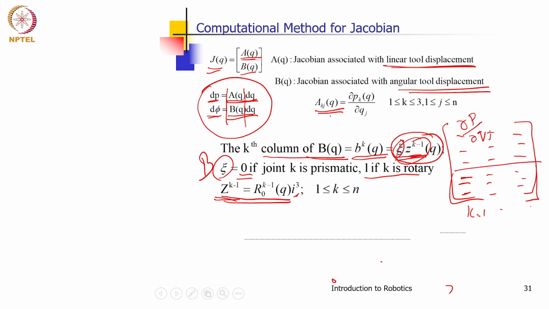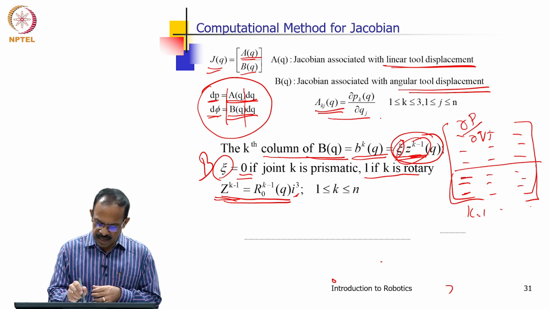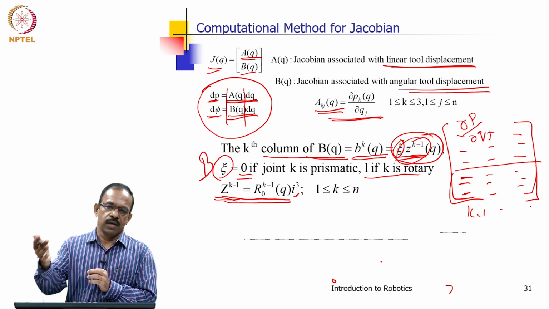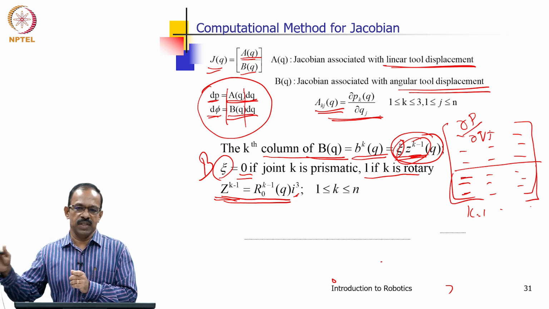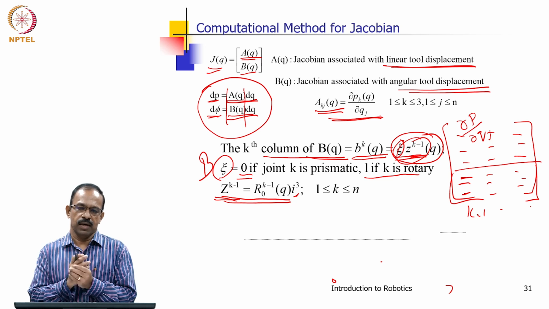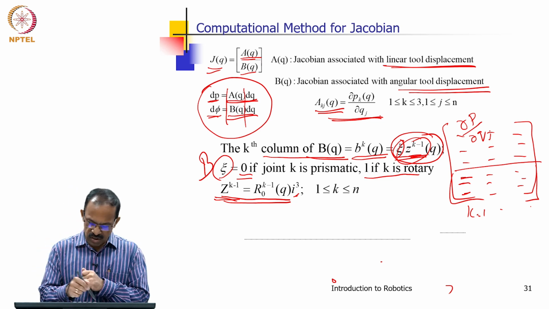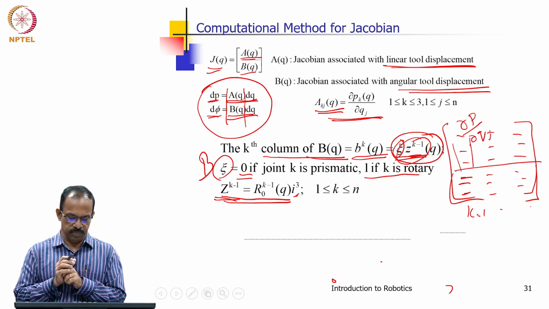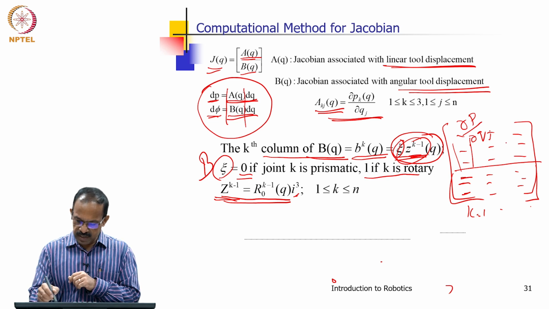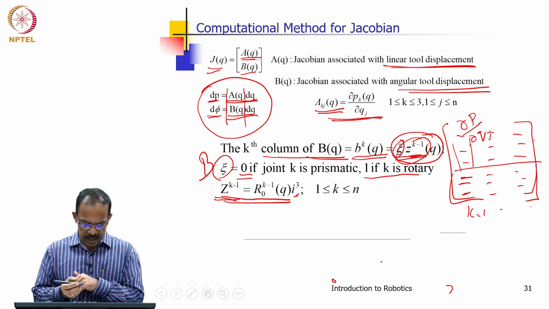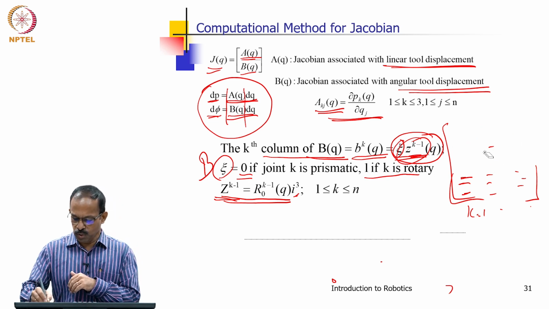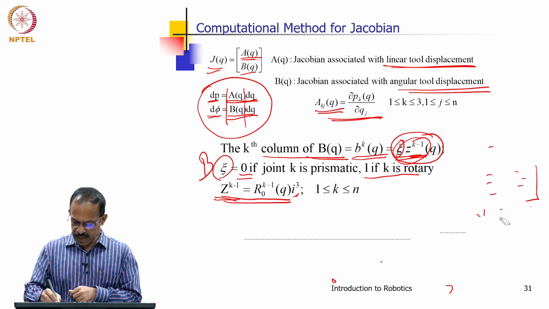So, the top part, which is the linear velocity part, is obtained directly by taking the partial derivative. If you have the forward relationship T tool to base, then you get Px, Py, Pz and then you will be able to get the partial derivatives. For each column you take q1, q2 etc. and get the partial derivative, getting the velocity relationship here. Then that is Px with respect to q1, Px with respect to q2 etc.